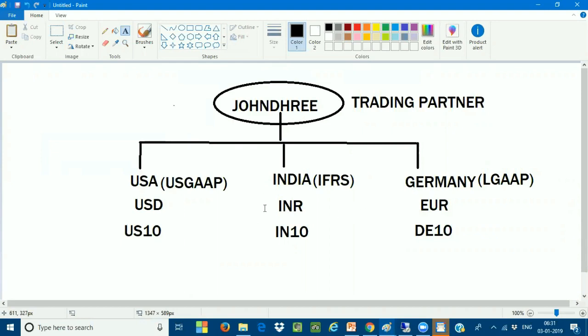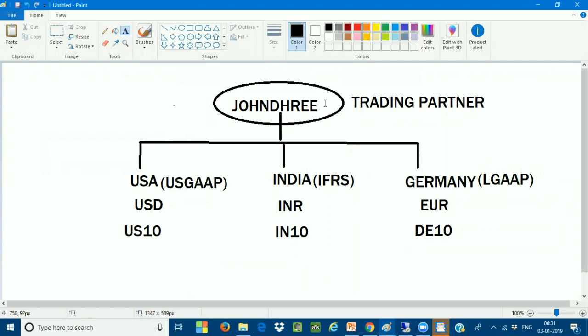Now, at the end, I want to have one group currency. Yes, you have defined the local currency for each company code. This is at the local reporting system. But if I want to see the consolidated financial statement at the company level, at the group level, we can assign only one currency.